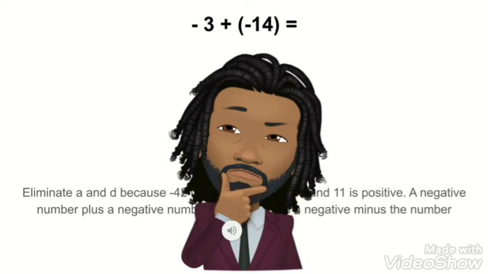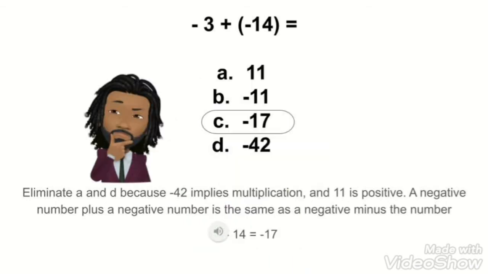So in this case, we'll go ahead and remove 42, negative 42, and 11. 11 is positive. Nothing about this up here says positive. Negative 13, negative 3 minus 14 is a negative 17. Your answer is C,